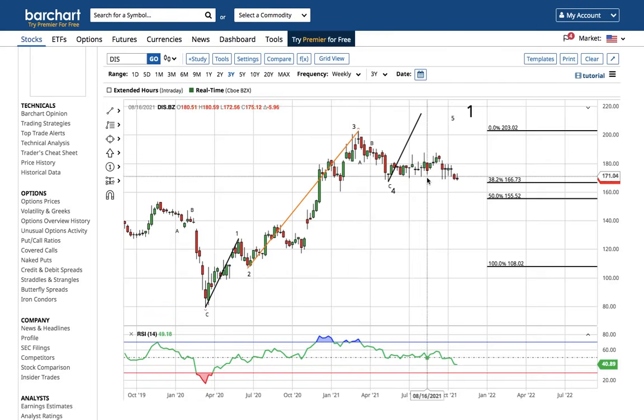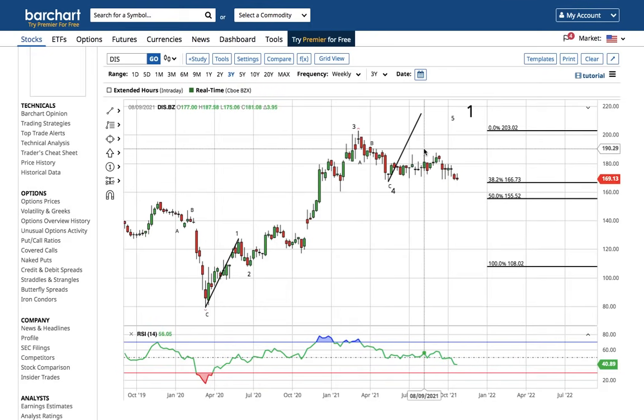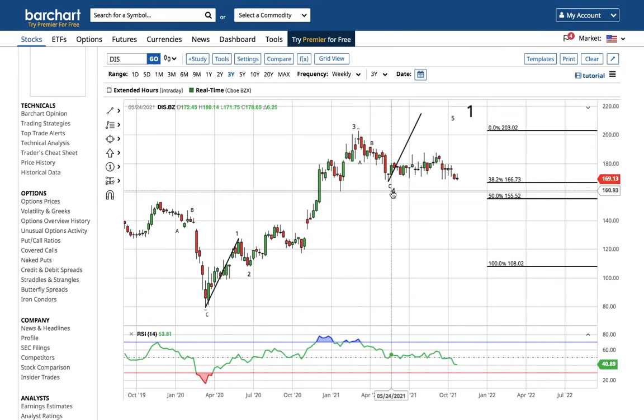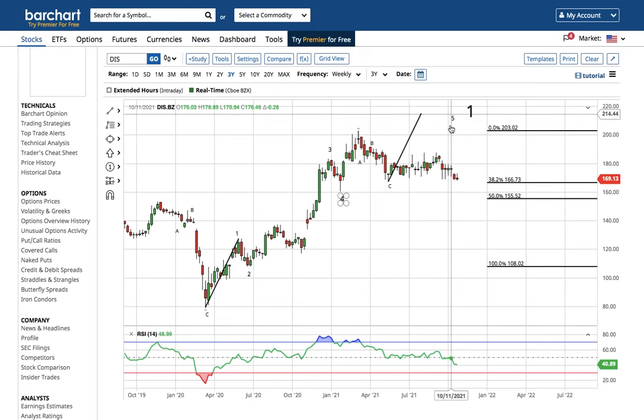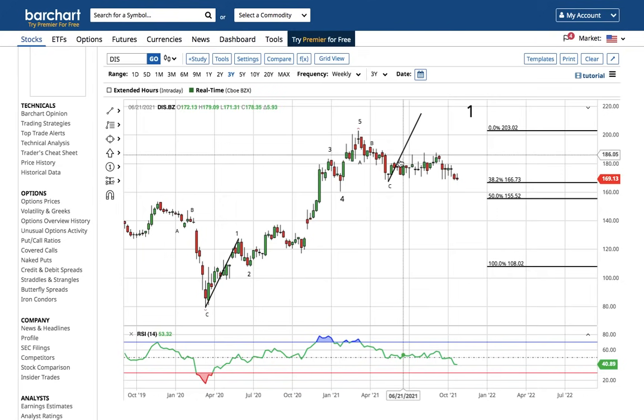Another option, right? If we don't go higher immediately, if we keep going down a little further, if we go lower than we are right now, what this could be is that this is 1, 2, 3, 4, 5 waves. So the primary expectation is that Disney's going to hold above 155 to 166, 167, and go on a wave 5 higher very shortly, with the rest of the reopening sector, to at least 216, potentially beyond 216.